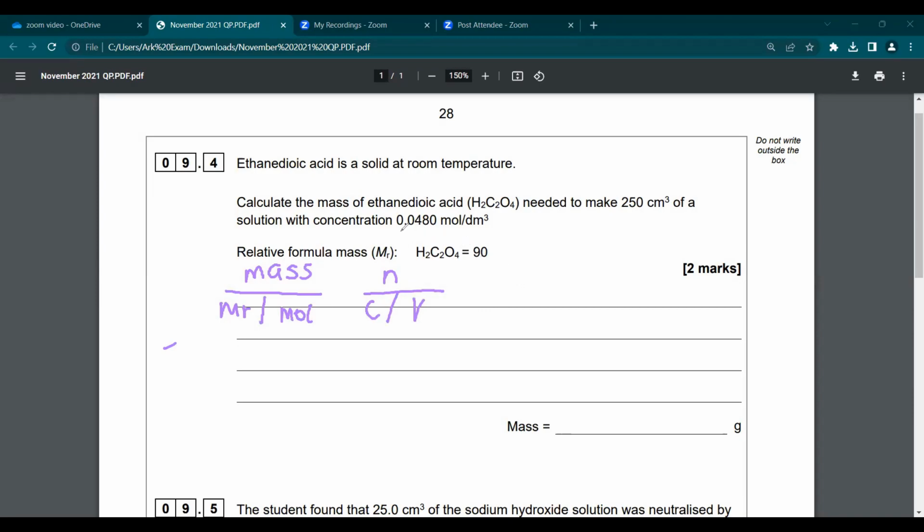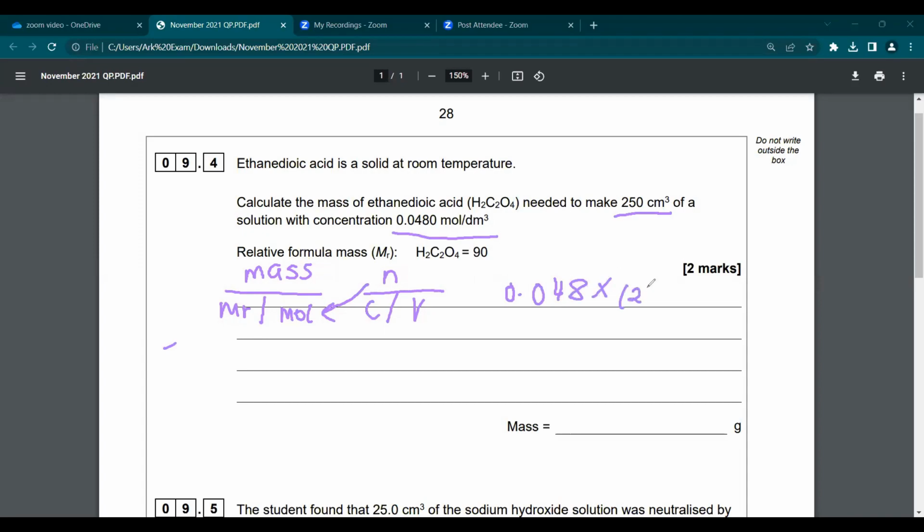So they've given us the concentration of ethane dioic acid that we have. They've also given us the volume that we need to make. So let's see what moles we would need, and from that we can substitute it into this equation, and they've already given us the Mr. That's how we will find the mass. Let's get started. We would do 0.048